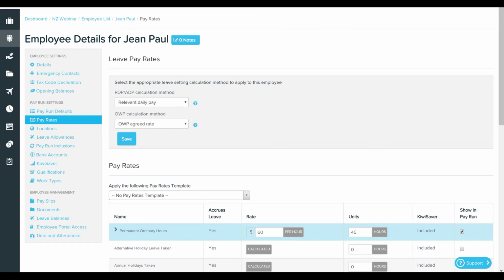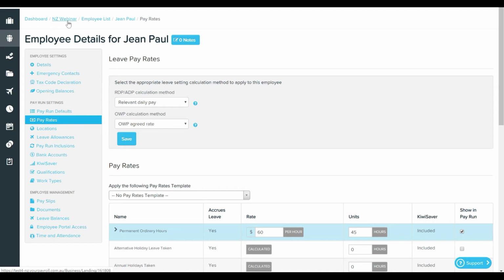Moving over to Payday Filing, the new and departing employee details reporting. You will need to provide new and departing employee details to the Inland Revenue. These details need to be submitted on or before any new employee's first payday. As shown before in the webinar, I had the Payday Filing method option connect to the IRD gateway services in